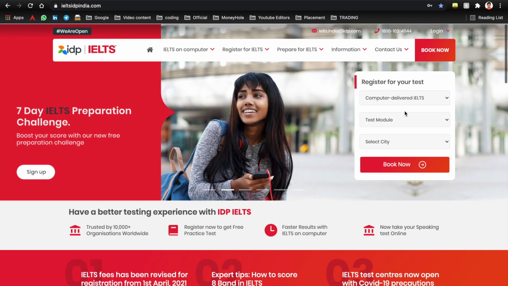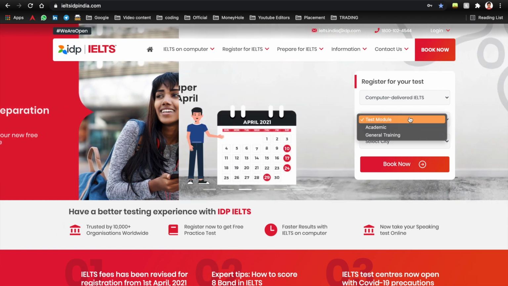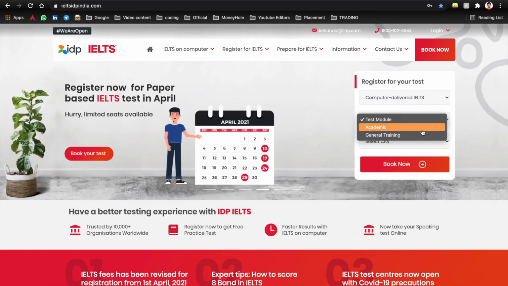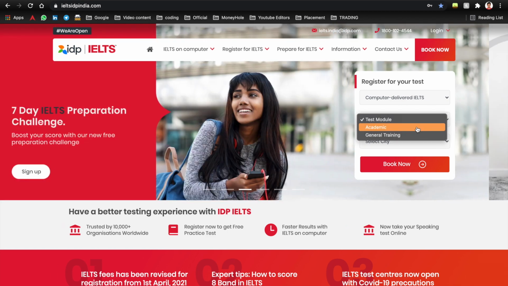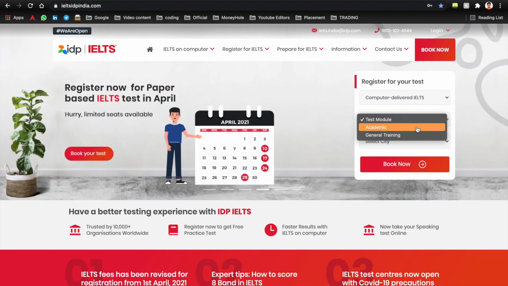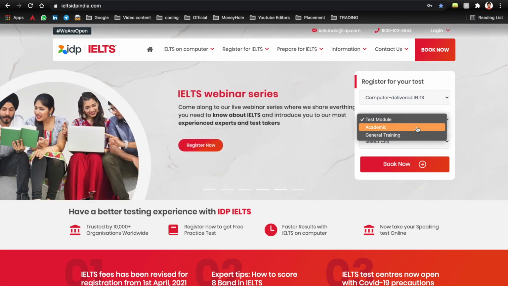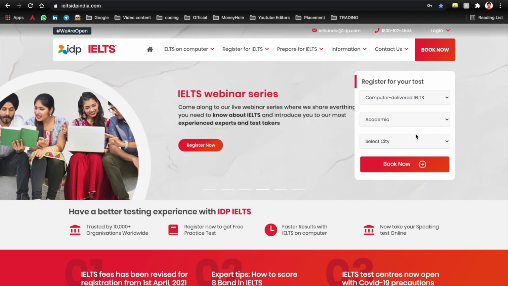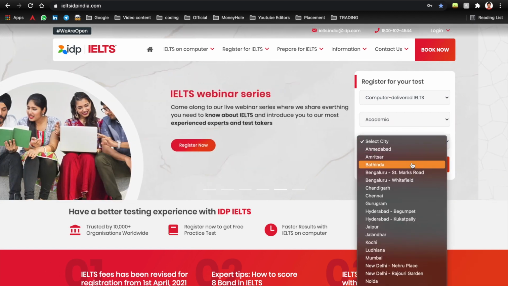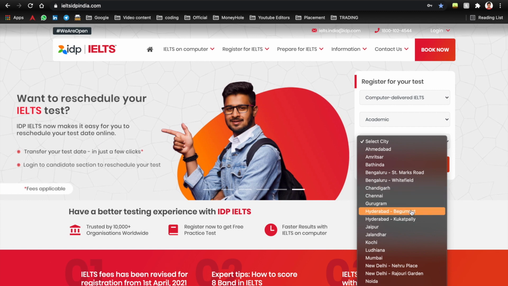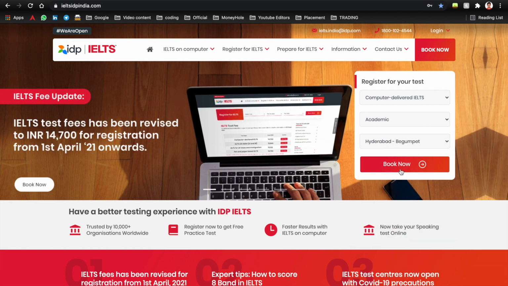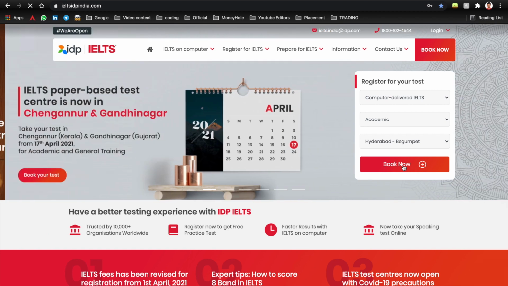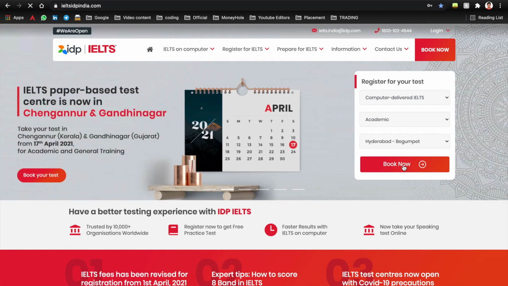Now you need to select the test module type. You can see that we have two, academic and general. So if you're a student who is planning to do masters abroad, you need to give the academic test. So let me click on academic, and here you need to give the city where you want to give the test. For now I'll be giving Hyderabad Begumpet and hit book now. Let it load,